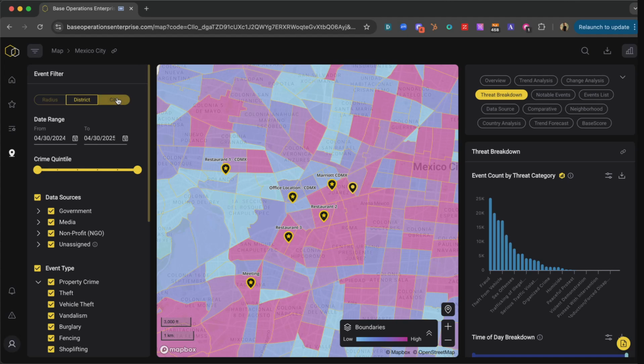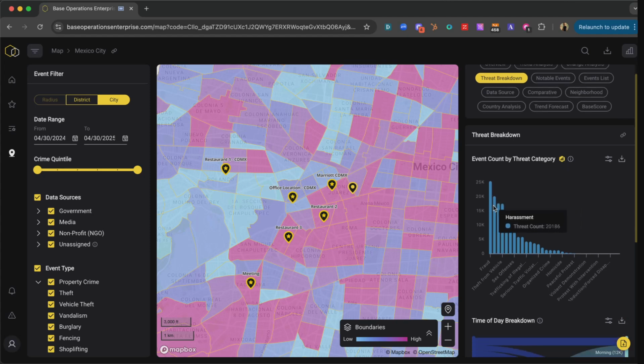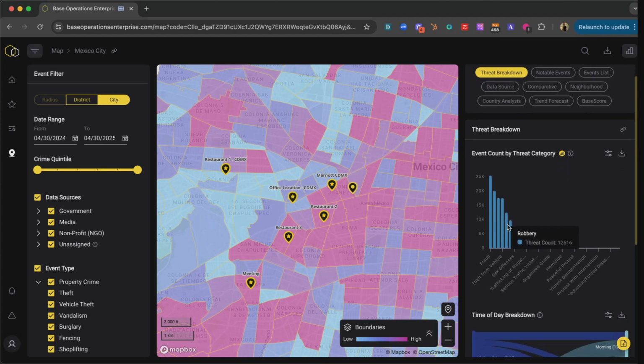For this assessment, I'm going to start us at the city level just to get a lay of the land and understand what's normal throughout Mexico City. Here we can see the most common event types throughout the city are things like fraud, harassment, I'll take note of that one, nonviolent theft, theft from vehicle, robbery, another one I might take note of for EP. And as we go down the list, you can kind of see how often these things are occurring throughout the